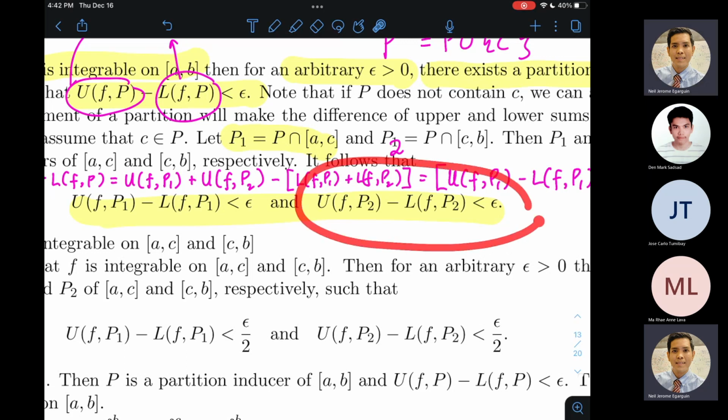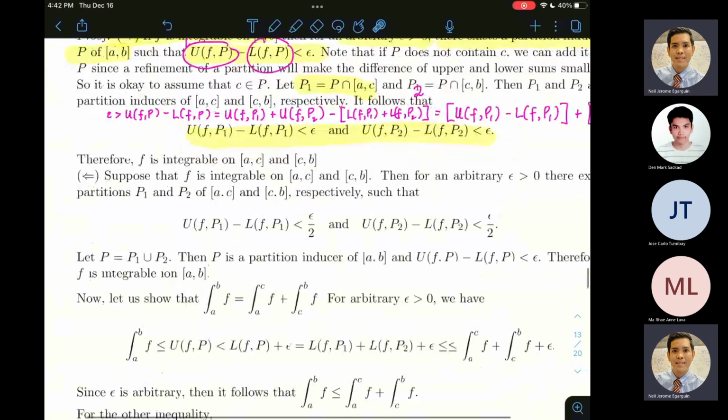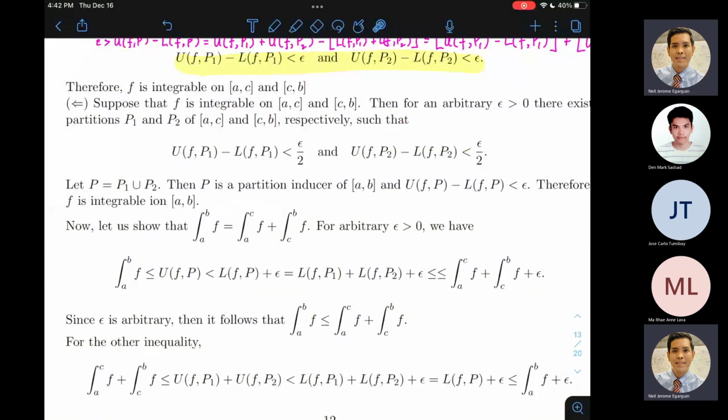And similarly, by virtue of this and the integrability criterion, we can say that F is integrable on the closed interval C comma B, proving the forward part of our characterization theorem. Okay? Now, conversely, ganun din naman yung sa converse, similar arguments, integrability criterion din yung gagamitin ko,